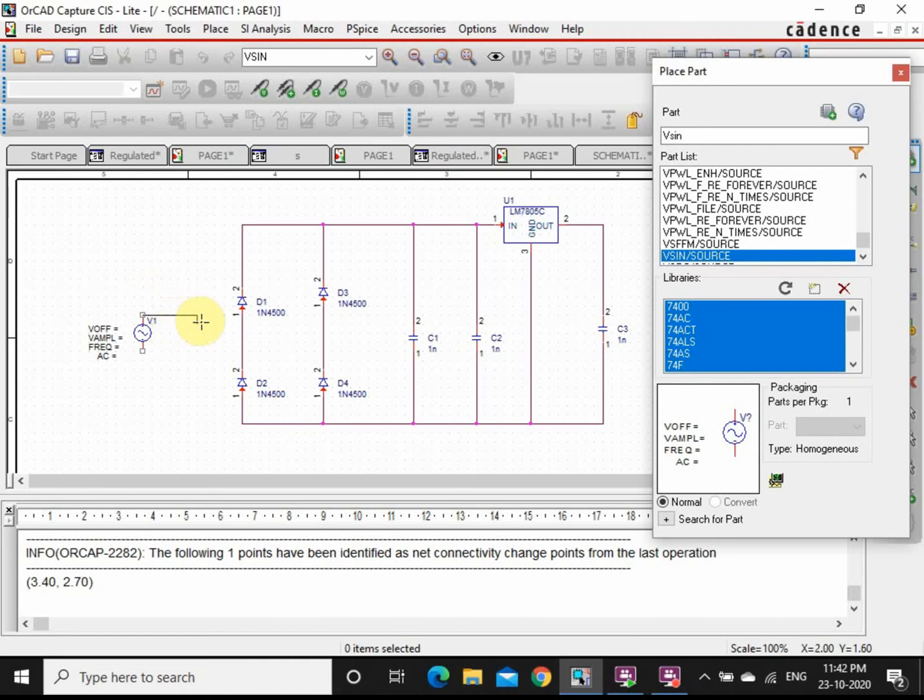Once I connect it, next I have to connect my input there. One input I connected here, the other input should go to this junction of your bridge rectifier. So I have connected it.